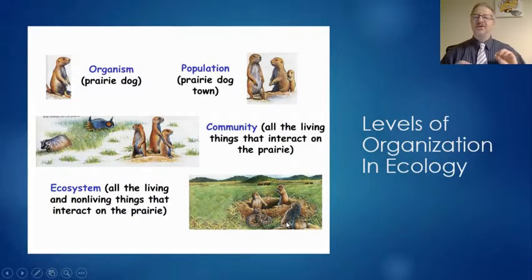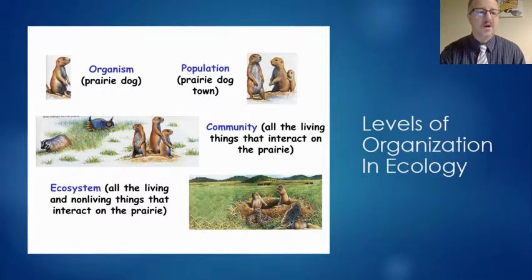All right, so let's look at this from an example of the prairie dogs. Who doesn't love prairie dogs? They're so stinking cute. So we're going to use those as our example. So if you look at one individual prairie dog, we would call that an individual or an organism, the prairie dog. But you might find that you have a mama and a papa and a baby prairie dog. That would consist of a population.